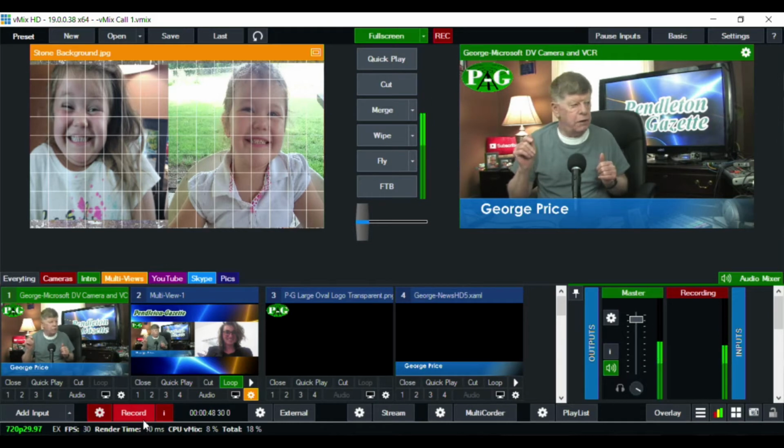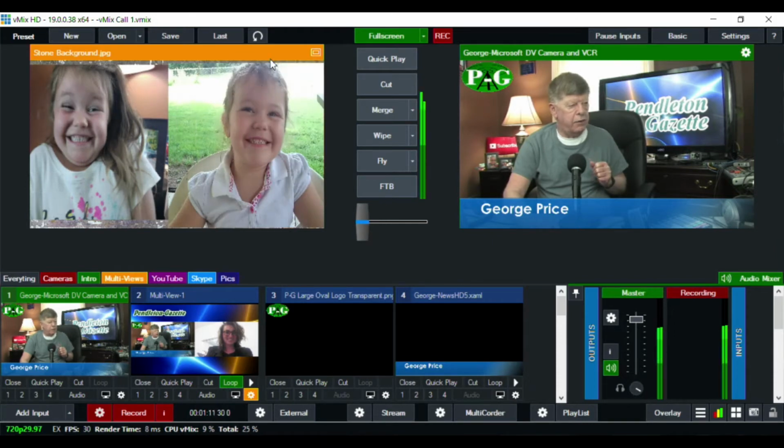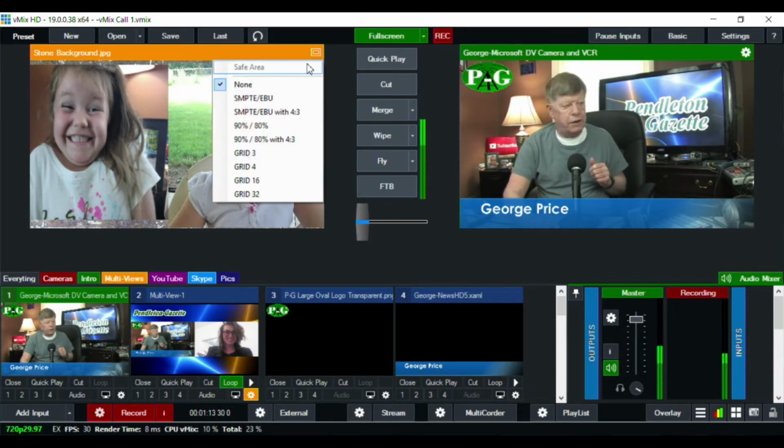Now, this is the last multi-view I've done, and you can see I've got the grid lines on it. What I use for the grid lines is the vMix safe area, and take the grid lines off, and you can add grid lines back on.